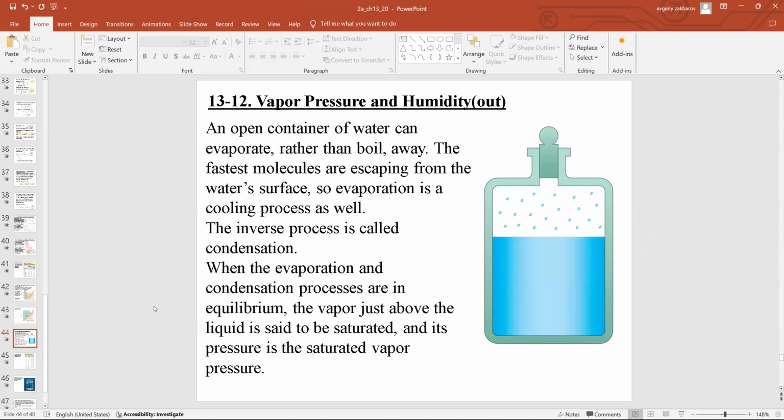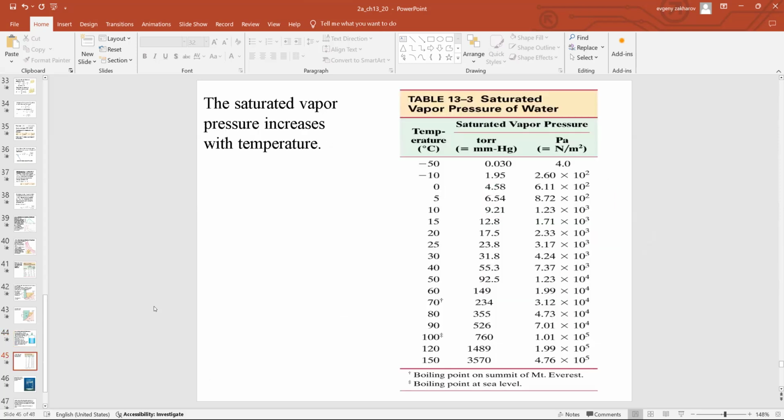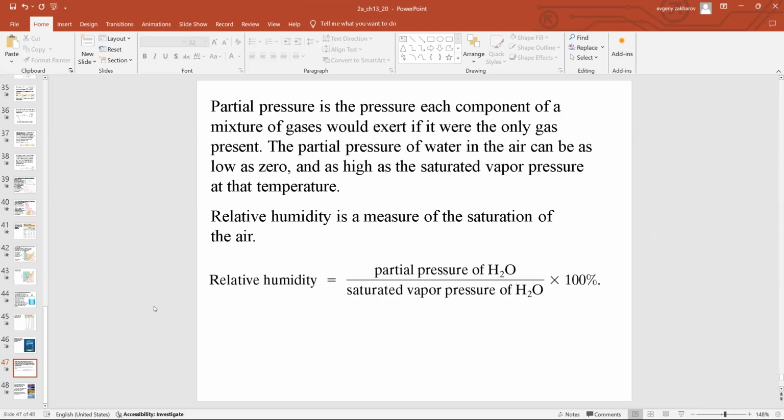I used to have humidity on my tests, not anymore, for the same reason. We don't have time to go through all the thermodynamics in 3 days. So no humidity, but you're more than welcome to read through it and see how relative humidity is what you normally see in the weather forecast